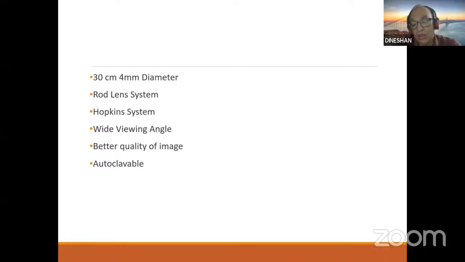In the original rod lens system, the image viewing angle was only 90 degrees, or 45 degrees on either side of the axis of the scope. That is 0 degree, it is forward, 30 is for oblique. Whatever is the axis, 45 degrees on either side, that is 90 degrees. That was the viewing angle. But with the Hopkins 2 system, which I have explained,